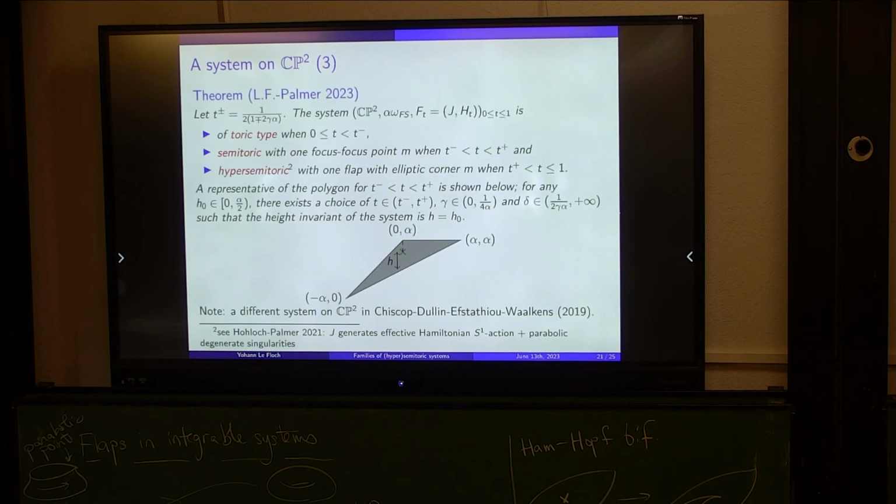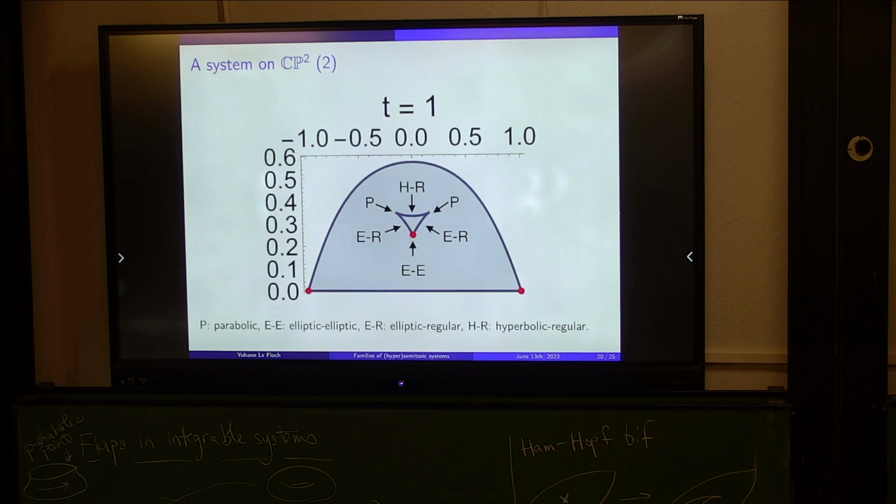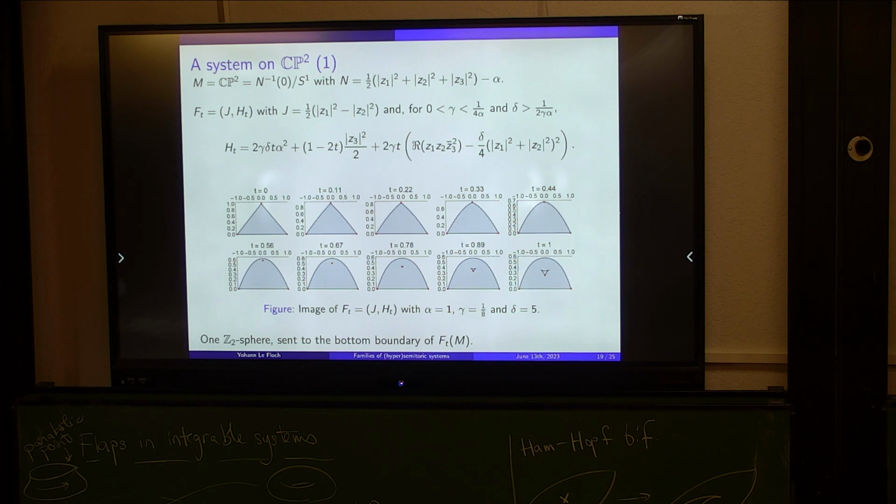And something that I should tell you, actually, which is, if I understand correctly, the paper by Holger, Konstantinos, and collaborators, they have a similar system on CP2. I mean, similar but different. But I think what it does in your system is that precisely there's a flap trying to form exactly when the point arrives at the boundary, at the bottom boundary. But you never see the flap because the point arrives, it's degenerate, something happens here. You don't have time for the flap to form. Am I saying something stupid?